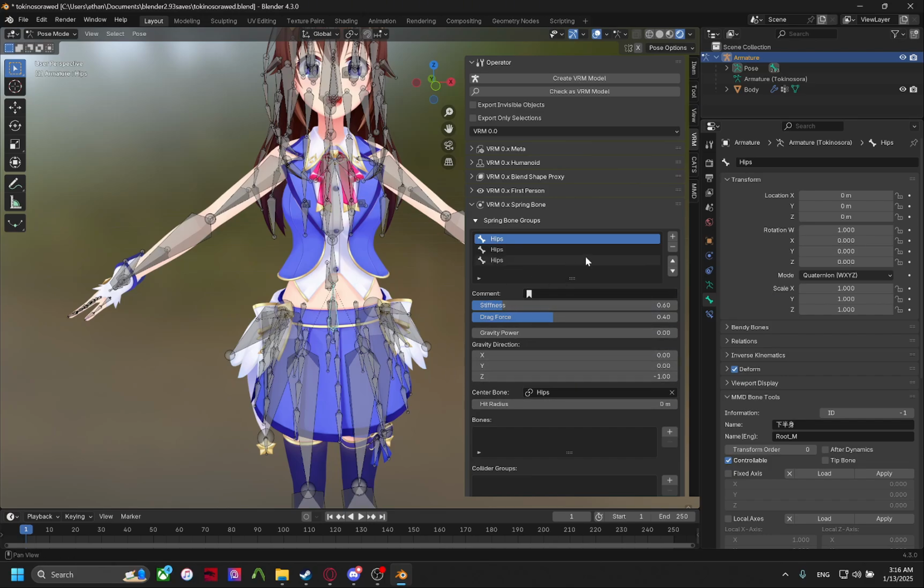There's documentation online of what these do, but I'm just not going to go in depth. But these settings are pretty decent. Put this at like 0.2. I don't actually know why. I stole this off of